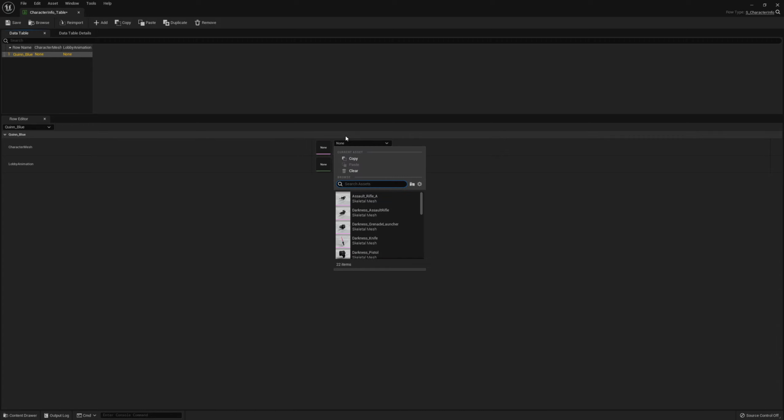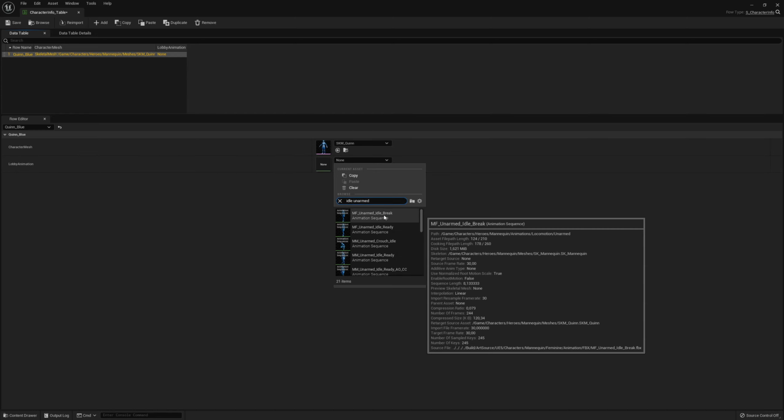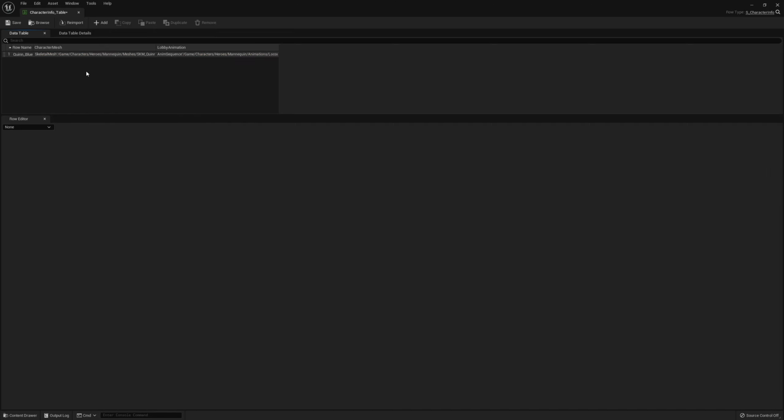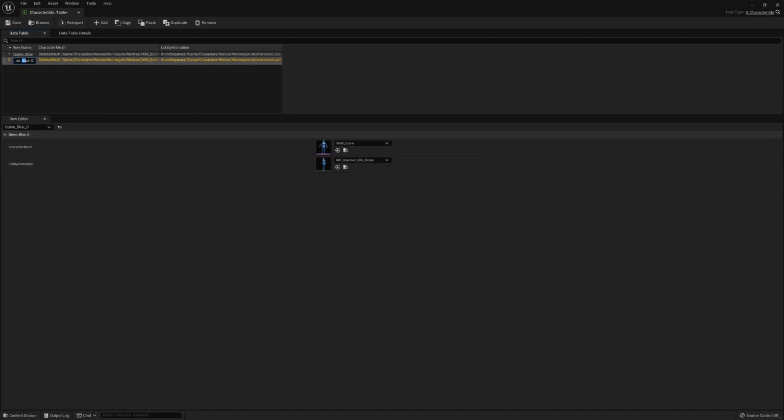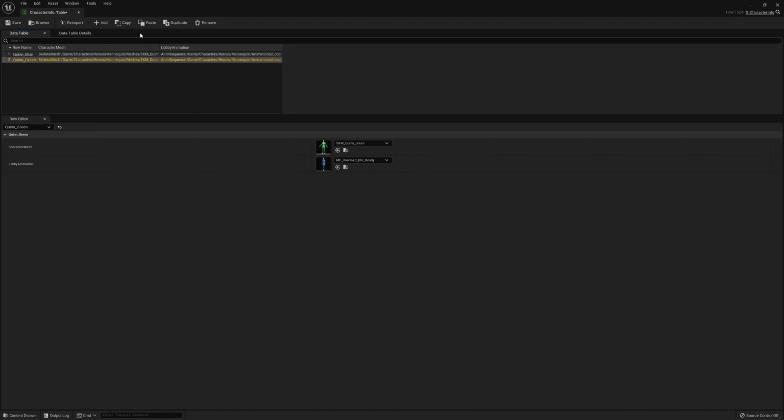And for the character mesh, let's assign the blue one, and then we're going to pick one of the idle unarmed animations. So I'm going to start with idle break, and then we can simply duplicate it, and this is going to be Quinn purple, or let's go for green. So we're going to keep the correct order, although it doesn't really matter. And let's grab the idle ready in this case, so we can see a little bit of difference. So after green, we got purple,